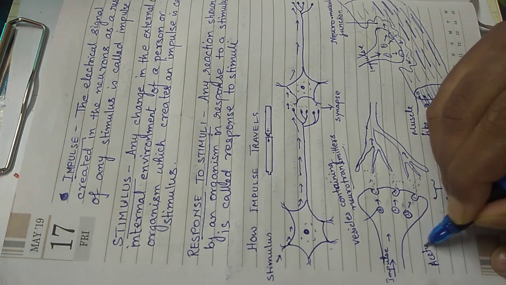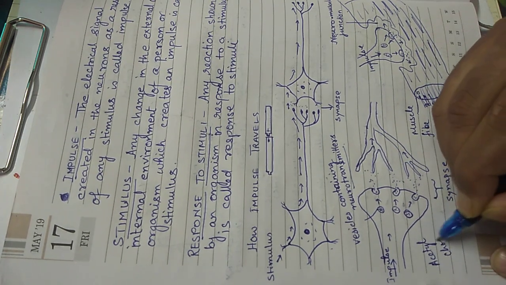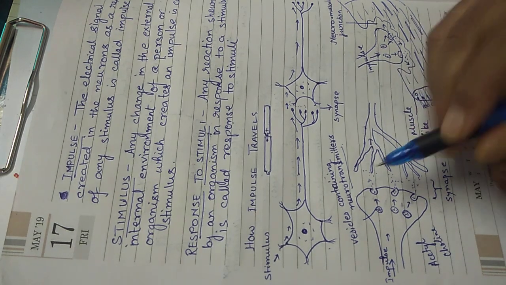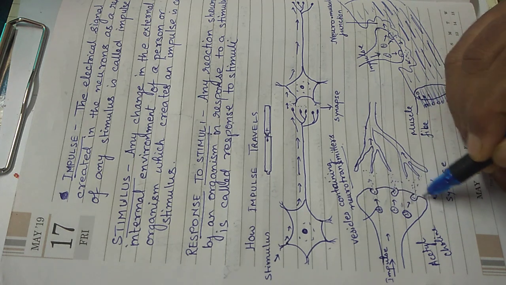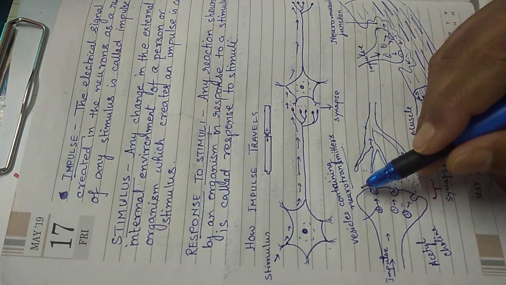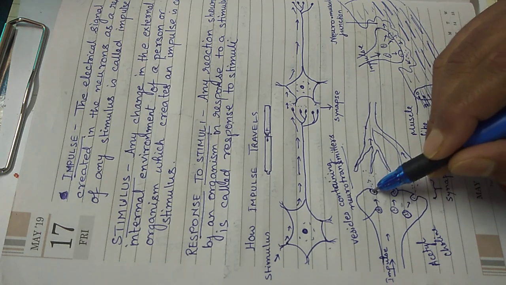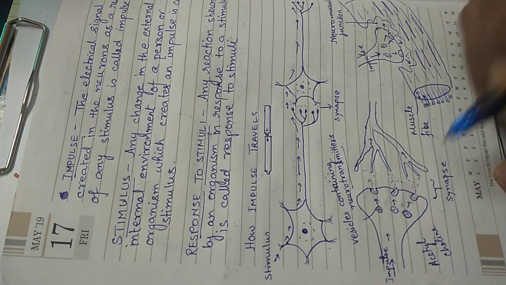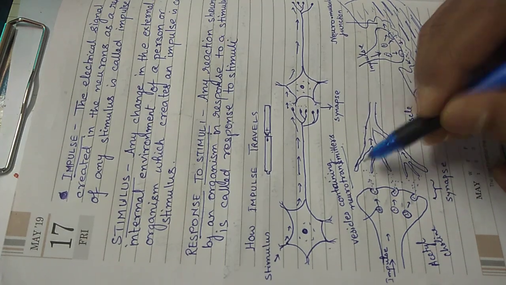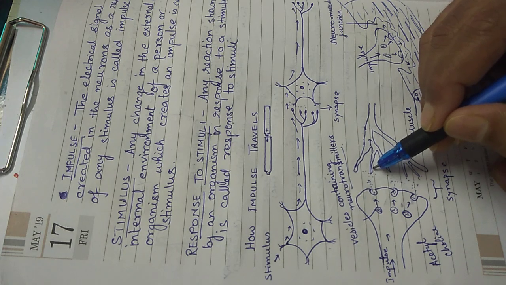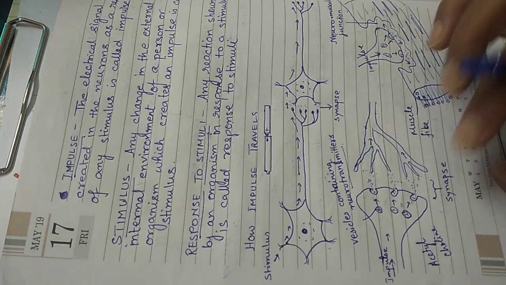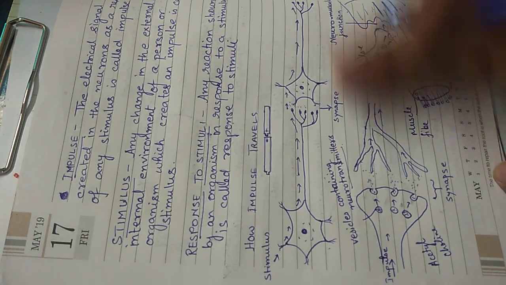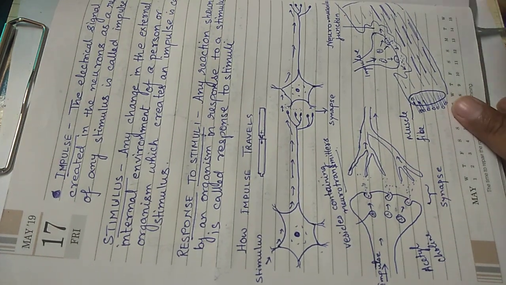You will get it in higher classes. These vesicles will travel towards the nerve ending and burst open, releasing the neurotransmitter in the synapse region. When these neurotransmitters come in contact with the dendrites, they create a fresh impulse, and the impulse will travel further down. In a similar way,